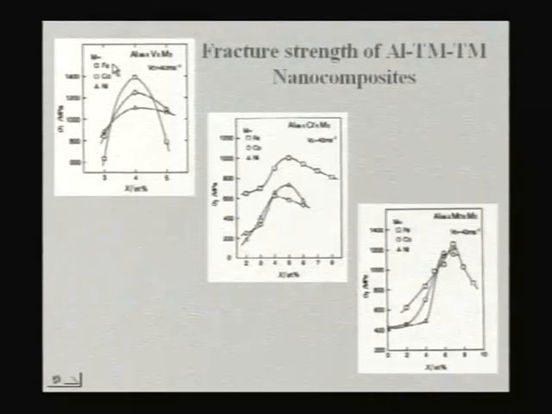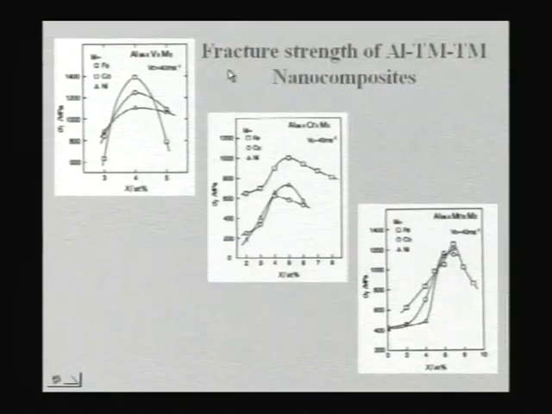One can also study different other elements. Vanadium we have seen, we can also study the presence of chromium, presence of manganese. In all the cases at certain particular compositions, one can achieve highest strength, and in all these cases the strength levels are of the order of around 1 gigapascal or even more than that. So one can achieve high strength nano composites in all these alloys. So you have aluminum plus transition metals, 2 transition metals. If you use only one transition metal, you will not end up in this kind of a microstructure. So at least 2 transition metals are crucial.